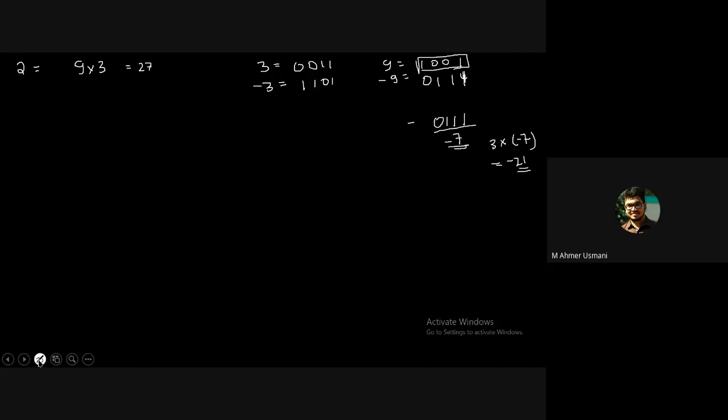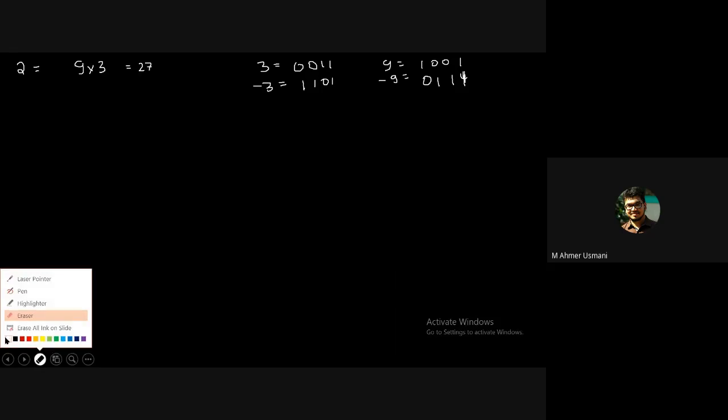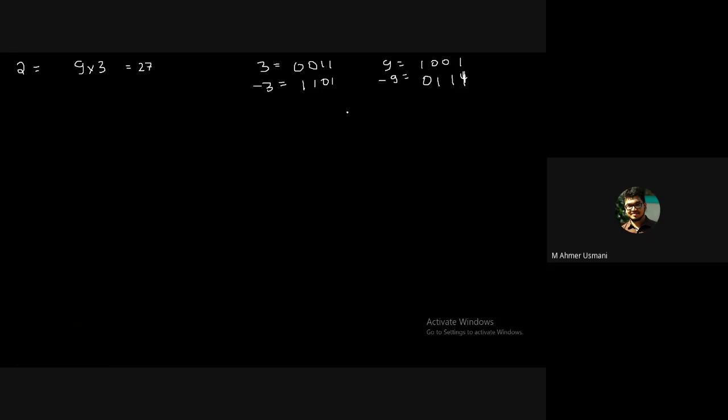What you need to do, remember carefully: whenever you represent a positive number in binary and its MSB comes out as 1, what do you need to do to make it positive? You need to add an extra 0. Now this number is positive. Now this number is equal to 9. Is that clear now? Yes, sir. So this is now 9.